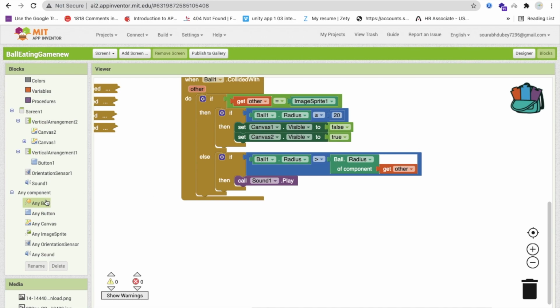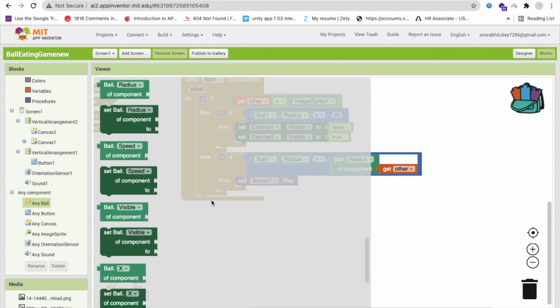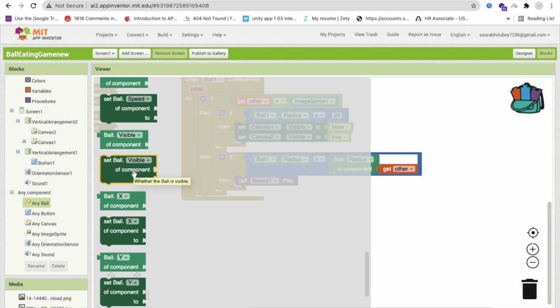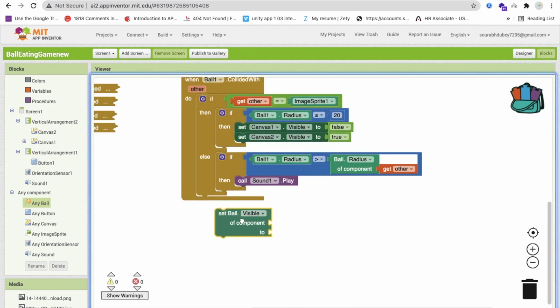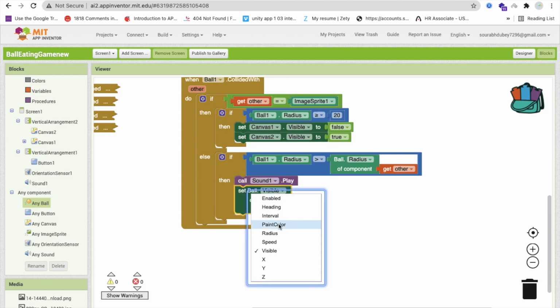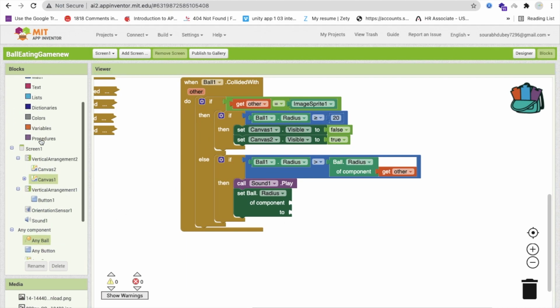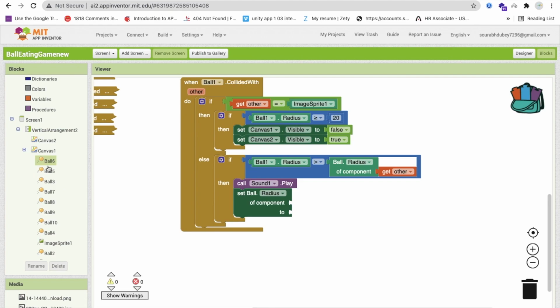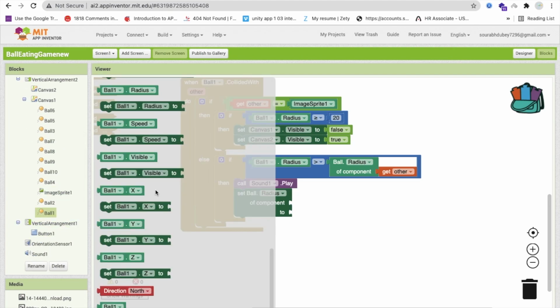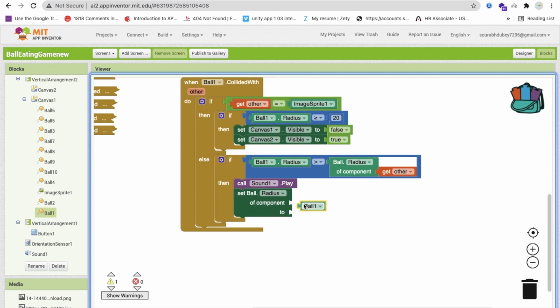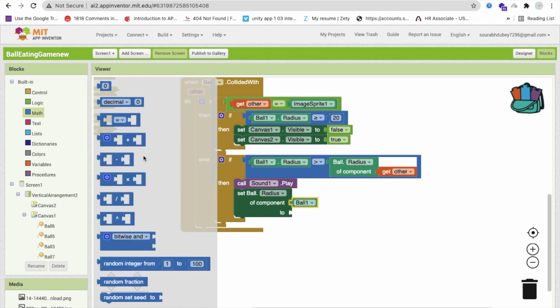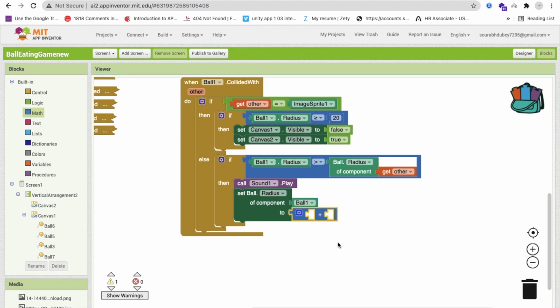Now click on any ball and you will find set ball radius. So you can see the set ball component, this one, just call it here and then change the visible to radius, this one, of component, and the component is our ball 1. You can directly call this component, because we don't need to do this. We just call ball 1 and 2 here. We have to increase the radius of that ball. So we need to call the max function plus this one, and here first we need to get the current radius of that ball.